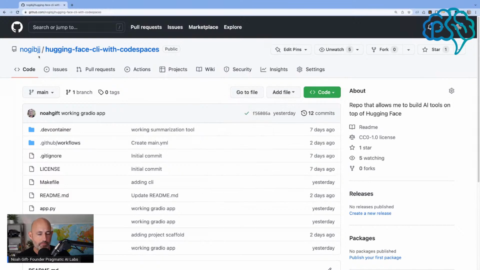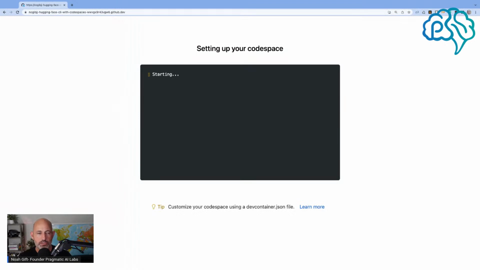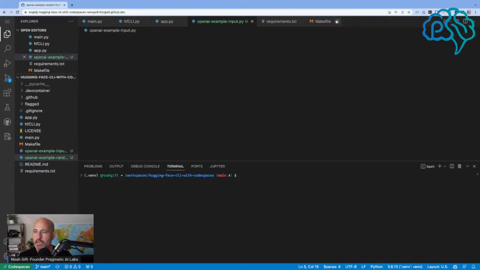Now, if you want to follow along, you can just fork this repo. It's got everything you need for Hugging Face. But I'm going to get in here and start up my Codespace and start coding Hugging Face. Perfect. So what I'll do next here is